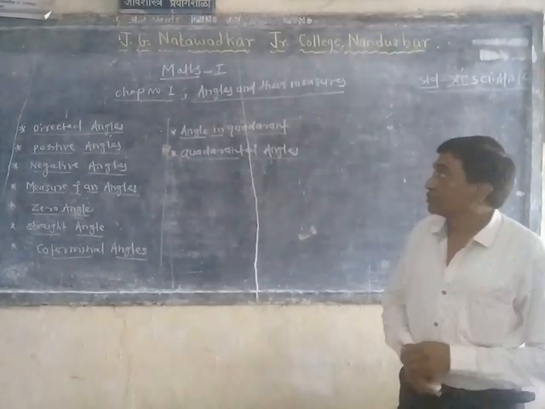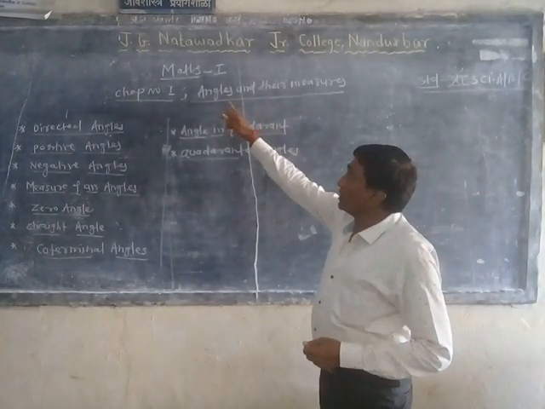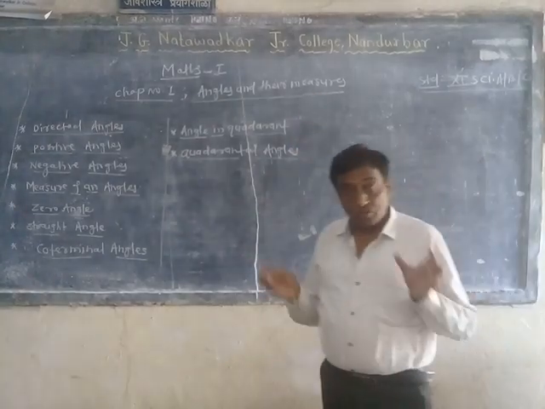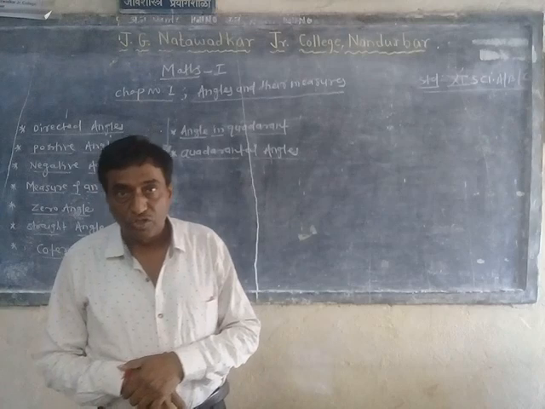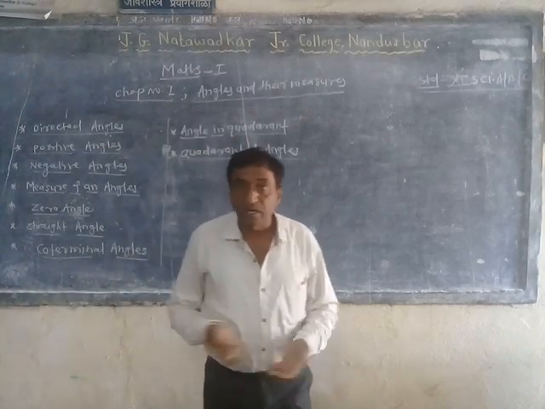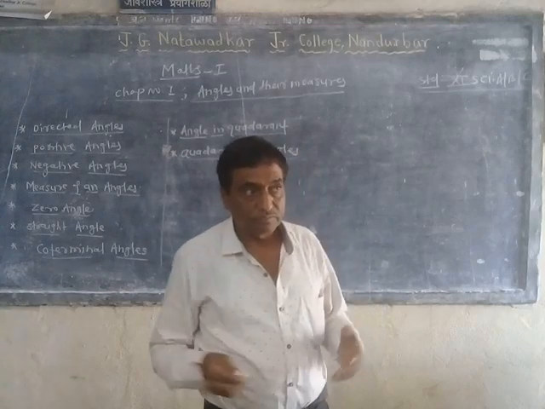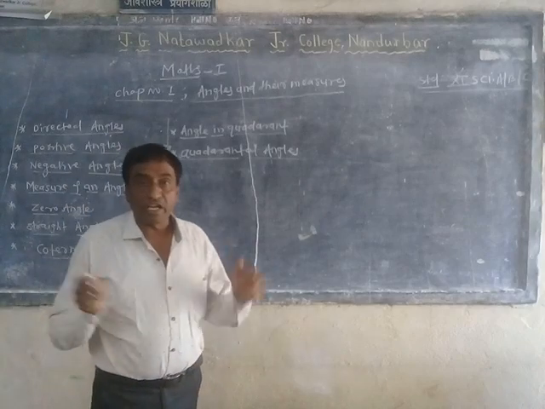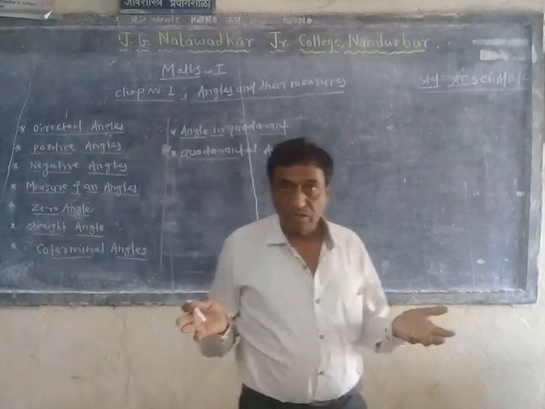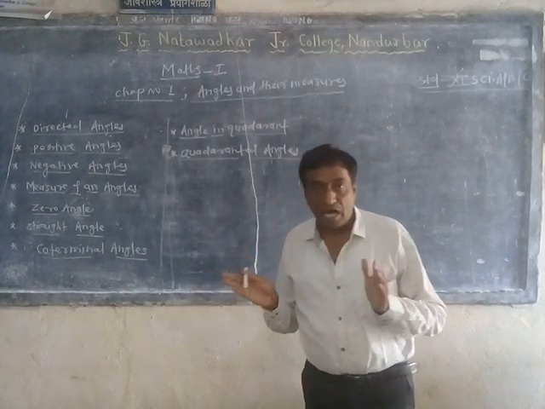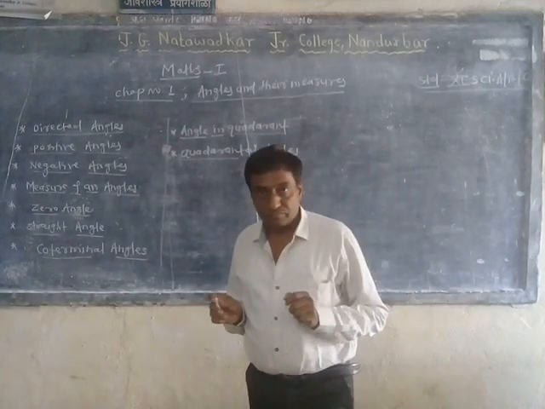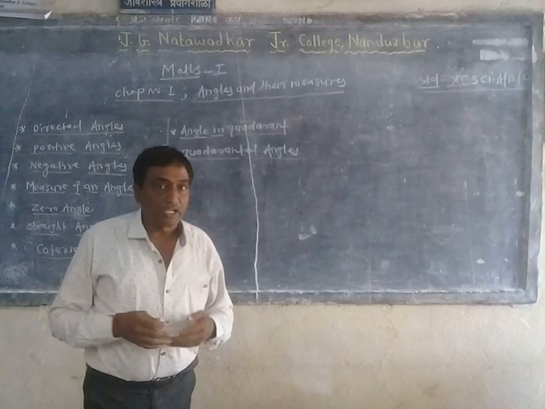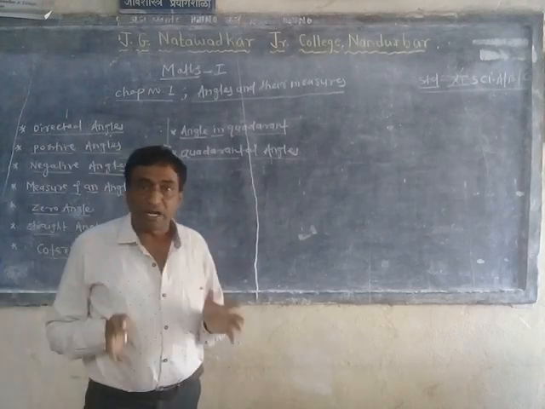The name of the chapter includes the word angles and another word, measures. You already know both words. You know the angles and the types of angles, for example acute angle, right angle, obtuse angle, straight angle. These types of angles are formed according to their measures. So you know exactly what is meant by an acute angle, a right angle, and so on.